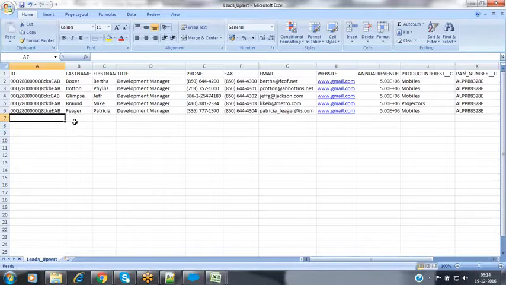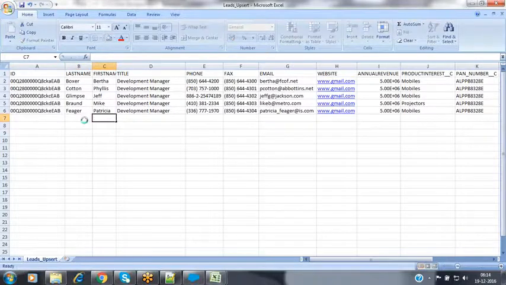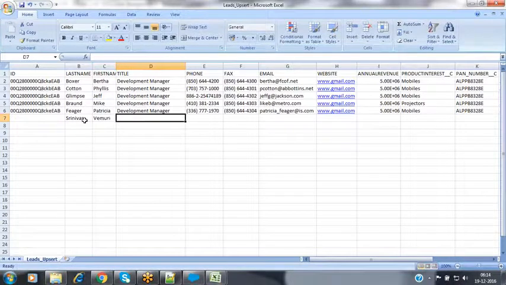And along with that, I would like to insert a few lead records as well here. In order to insert that, specify your values. Now I'm giving the lead record values as the last name Srinivas Vemuri. So now this is the lead record I would like to insert right now here.